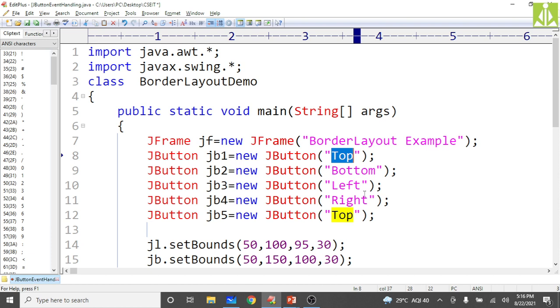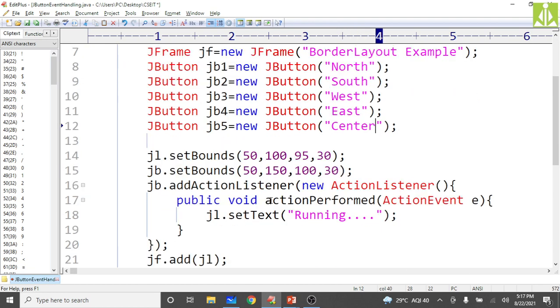So instead of top, I should put north, because top means north, bottom means south, left means west, and right means east, then we have center. So set all those. There are no bounds now, no bounds method.